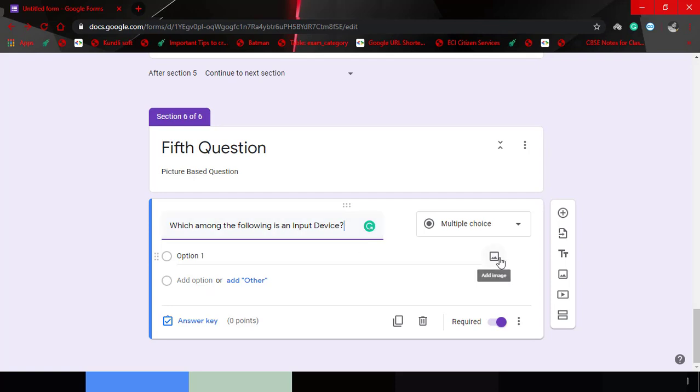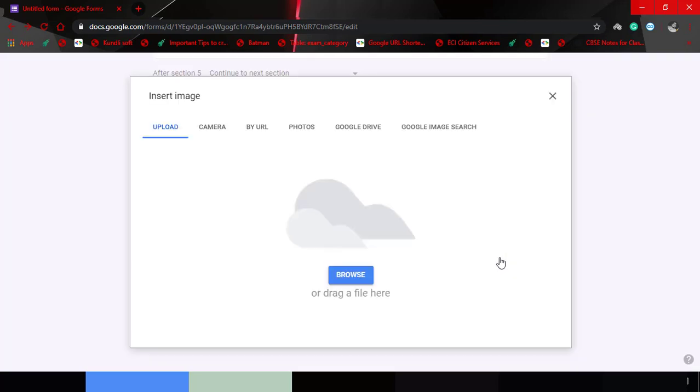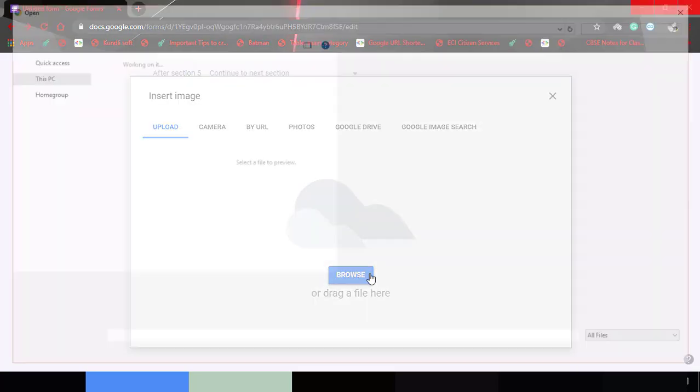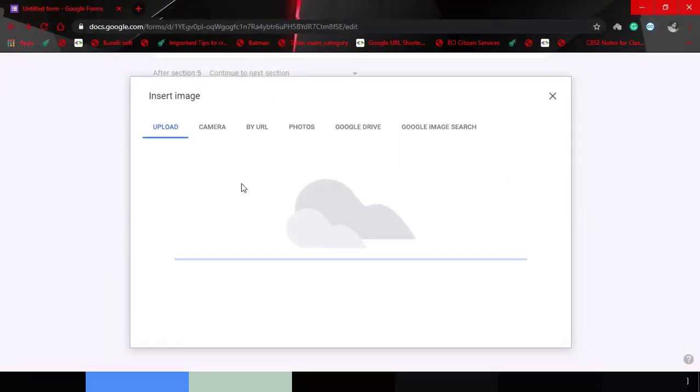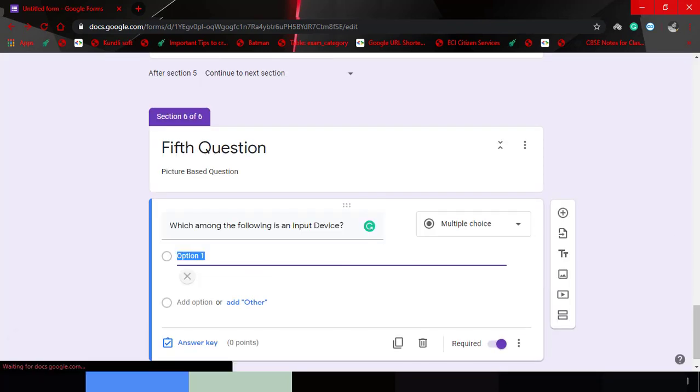We have to click on this add image button, and then select the image from your computer. One by one, using a similar pattern, you have to add all the images.